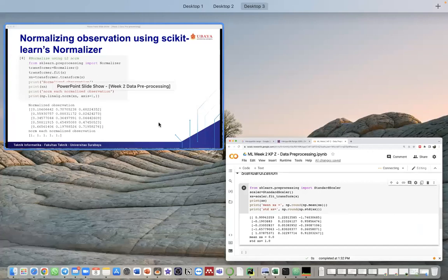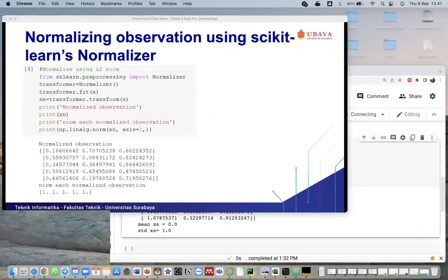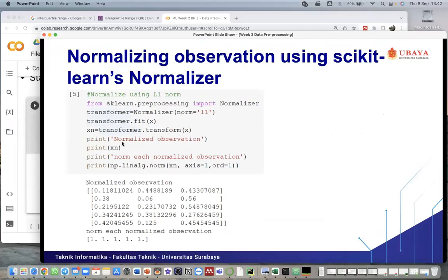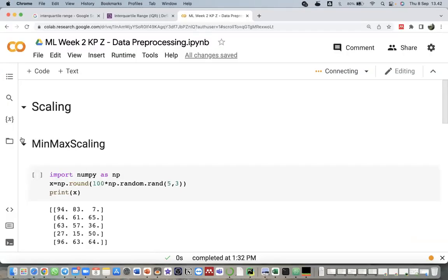If you see in the example, if we use L1 normalization and I sum sample 1, 0.1 something plus 0.44 something plus 0.43 something, adding these values will give us 1. Okay, we can now implement it in Python.